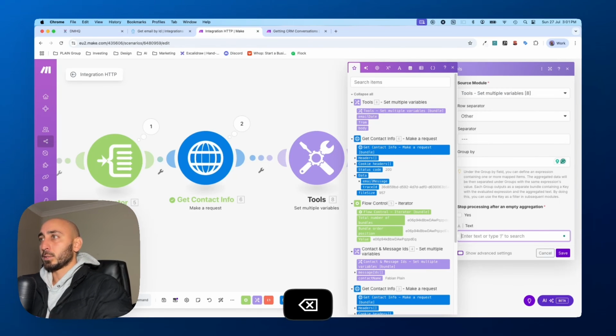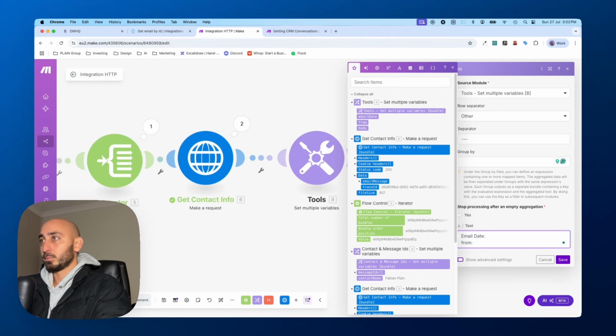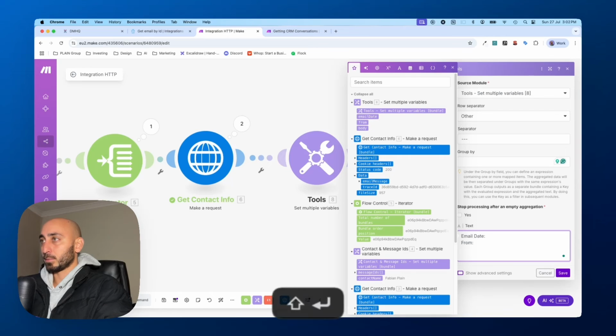So we want email date. Sorry if I'm not explaining it well, but we've got email date as, I guess, the beginning of our Google Doc. So we're thinking ahead here. In this text string, which compiles everything, we're going to have email date, we're going to have who it's from, and then we're going to have the body. Okay. Actually, I would put, because I just want the email,